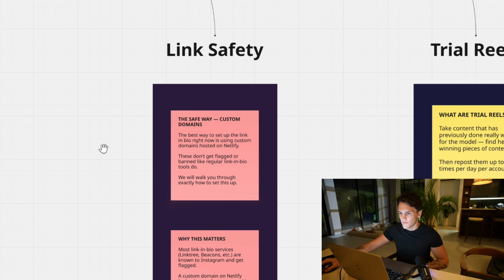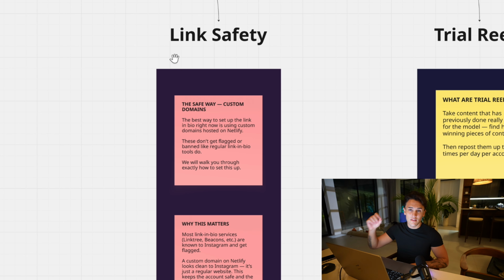So number 3 is link safety. This is one of the most important things in 2026. As you may or may not know, Instagram is not allowing things like link.me. It's banning them for literally having an OF link in there. So you need to figure out a way to do this where you're not gonna get banned and it's not gonna get flagged. So the safe way